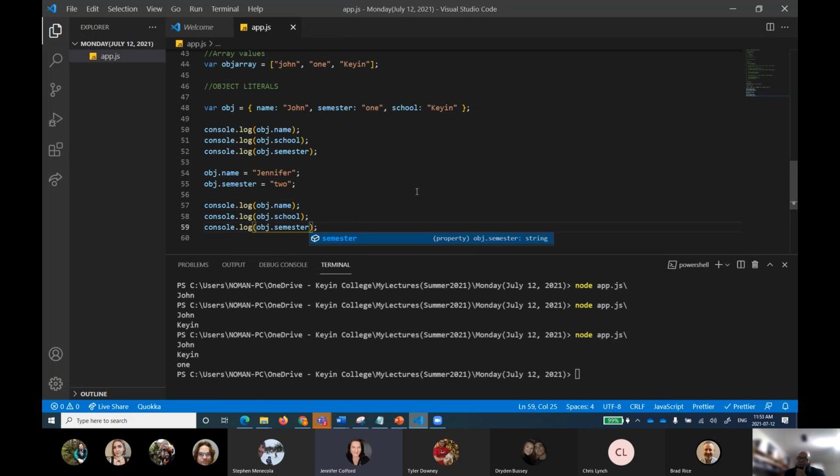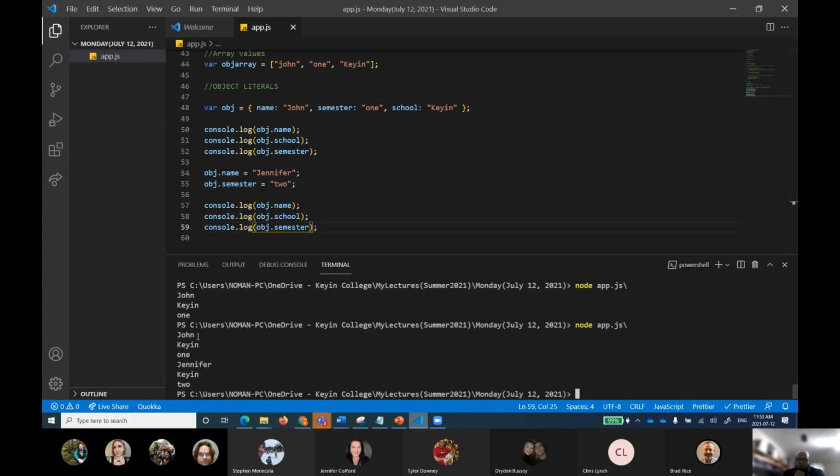Jennifer Keen 2. That's excellent. If I just write down John Keen 1 for this output's first output, and Jennifer Keen 2. I hope you understand this dictionary-like concept of the object literal. Object literals are very important and interesting. I'll do that and I'll just let you know.